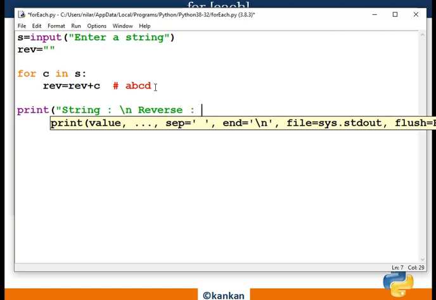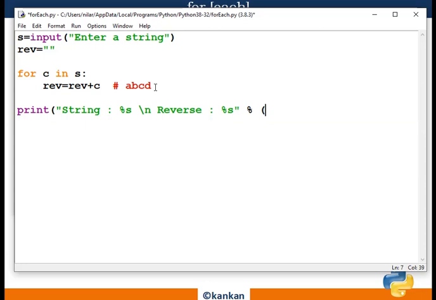Okay, I would like to replace it. This is the character. Next, this is the character S, and I have assigned the reverse string value here.